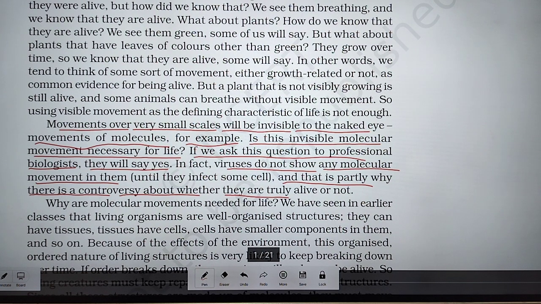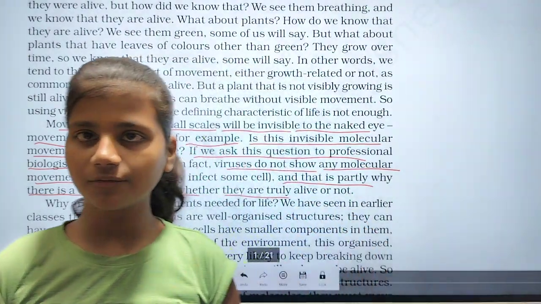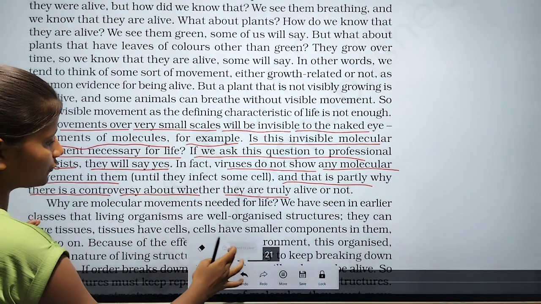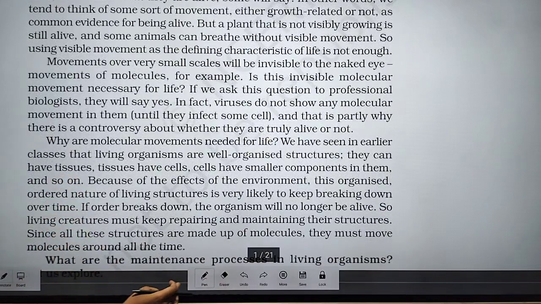If biologists say yes, in fact viruses do not show any molecular movement. It means virus, we know that a virus is very small. They cannot show any type of molecular movement in them, and that is partly why there is controversy about whether they are truly alive or not. Okay, so we cannot say that movement is